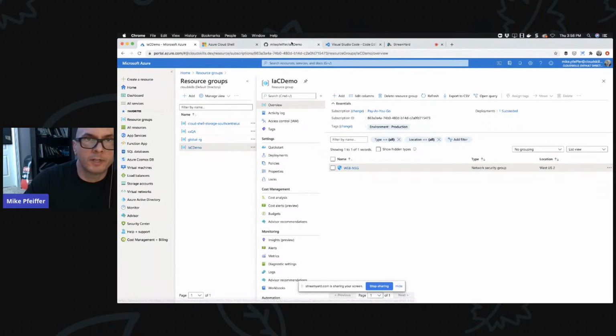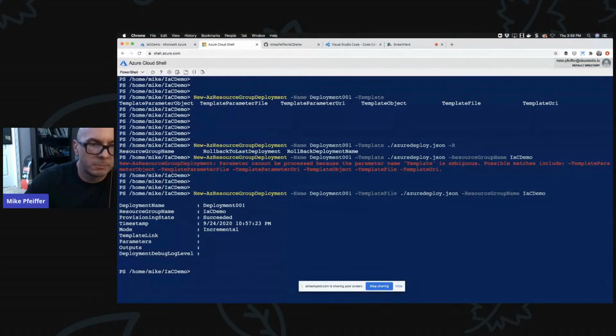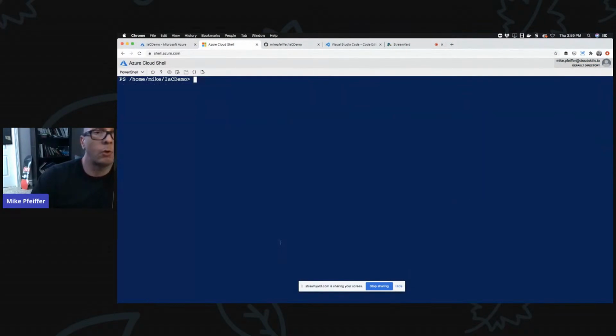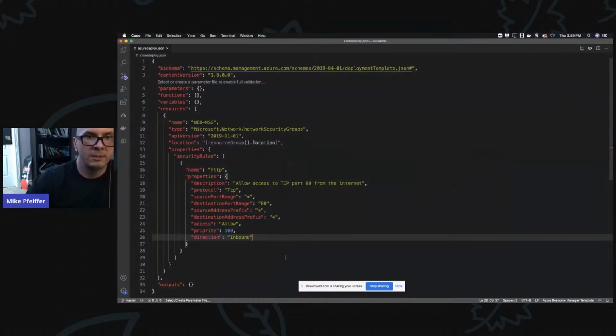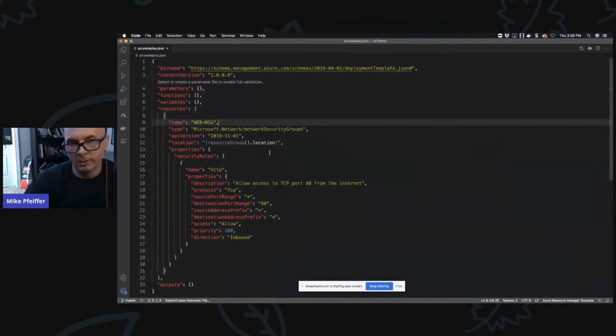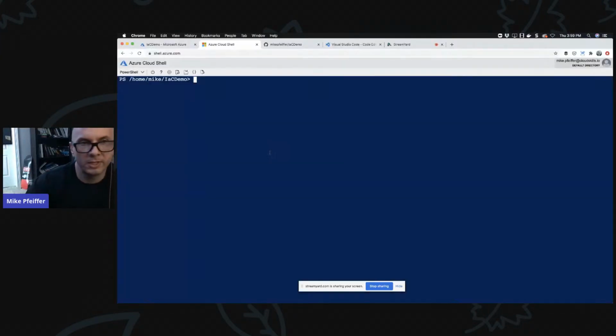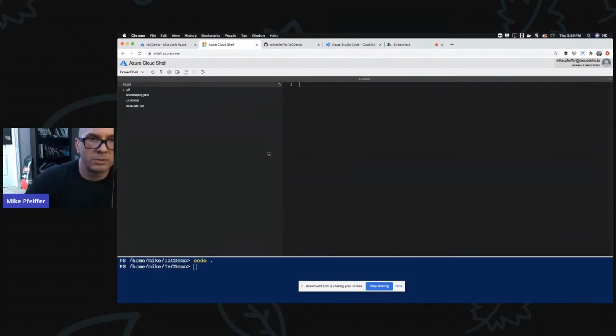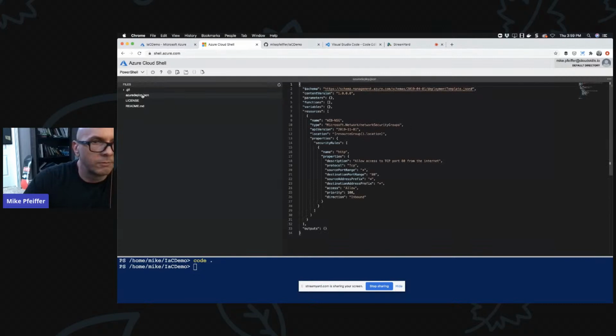All right. To speed this up, instead of going through the whole workflow again of changing this file, committing it, pushing it up to GitHub, and cloning the repo in the Cloud Shell, I'm just going to do this. I'm going to open code right here in the Cloud Shell. There's a stripped down version of the engine that Visual Studio Code uses right here in the Cloud Shell. So notice I'm just opening the template.